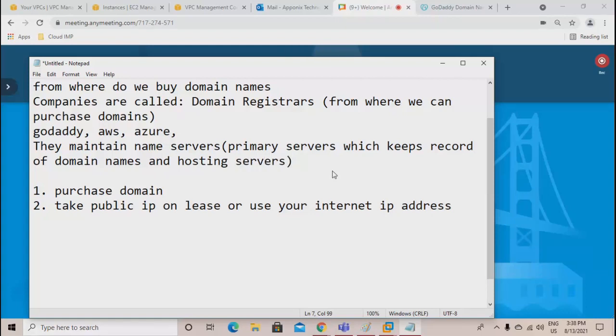Hosting server means where is the domain's website hosted. If it is hosted in the GoDaddy, it's okay. There will be some different IP addresses or the names of that hosting servers. If it is in WordPress, then again it will be different. If it is in Google, again it will be different.